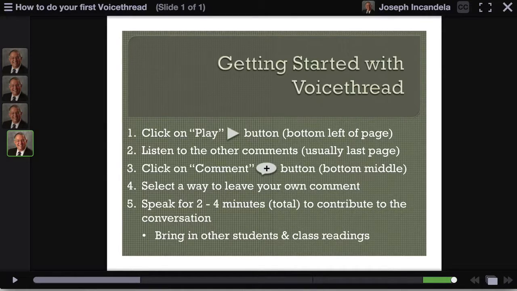Okay, so those are the different options you have, and depending upon what you feel most comfortable doing, you choose one of those three. Please always try to speak for 2 to 4 minutes total to contribute to the conversation. So I like to say that you have 2 to 4 minutes of homework for each class. Sometimes generating those 2 to 4 minutes takes a little bit longer than just that amount of time, but really